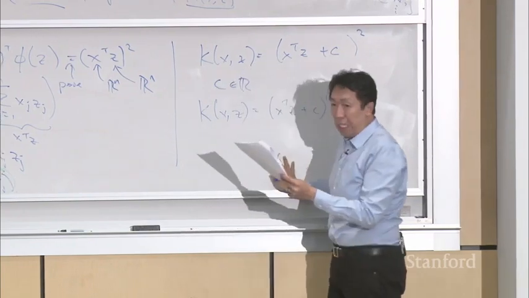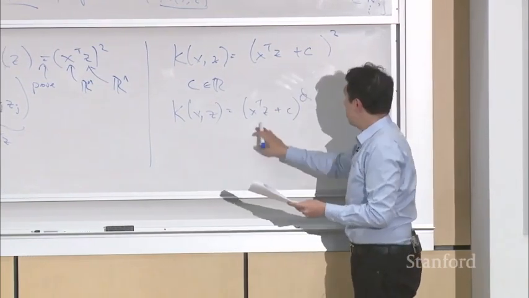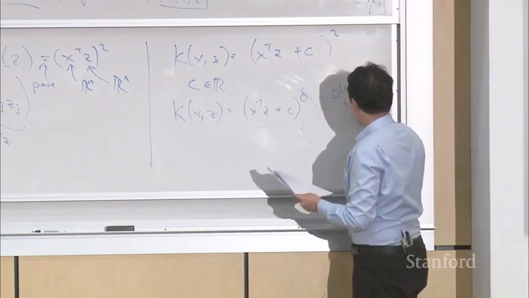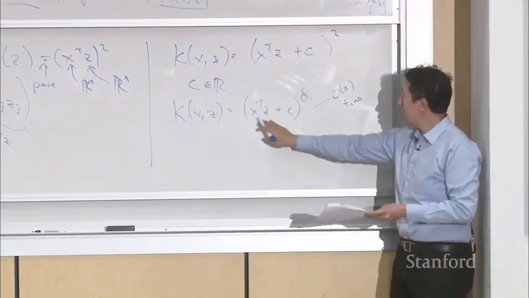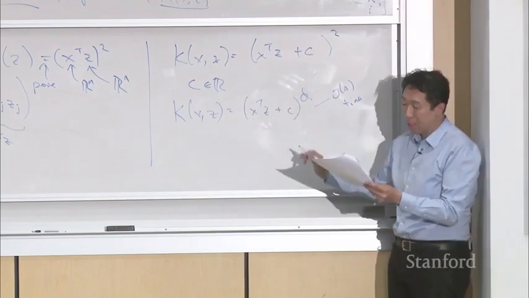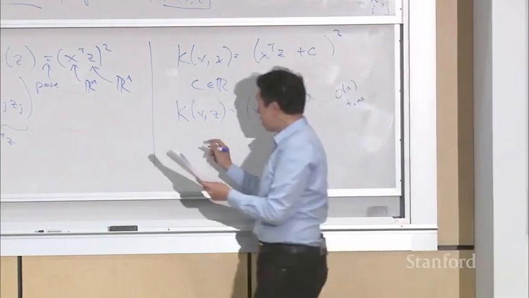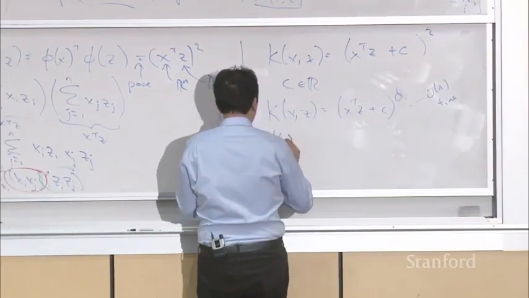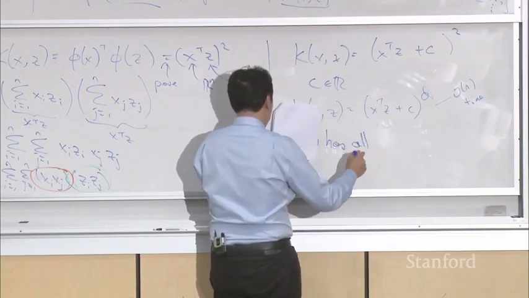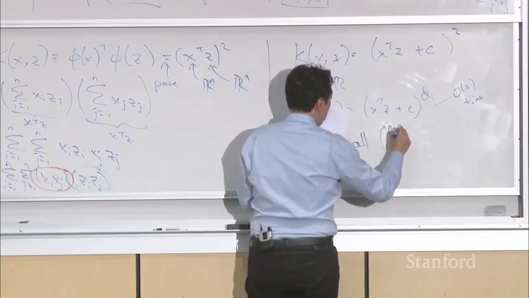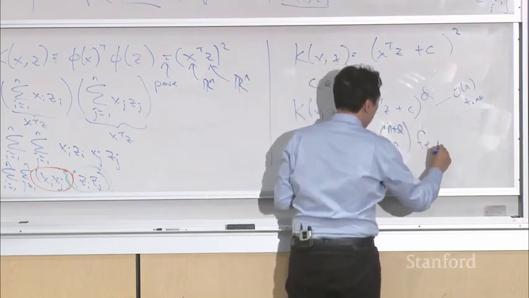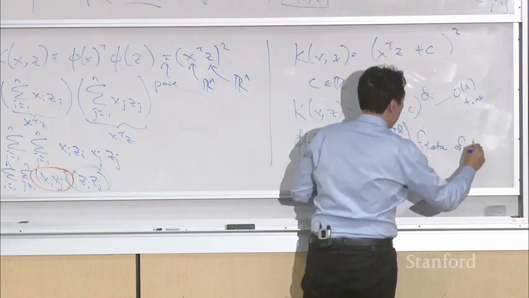Other examples, if you choose this, to the power of d, right? Notice that this still is an order n time computation, right? x transpose z takes order n time, you add a number to it, and you take this to the power of d, so you can compute this in order n time. But this corresponds to now phi of x having, the number of terms turns out to be n plus d choose d, but it doesn't matter. It turns out this contains all features of monomials